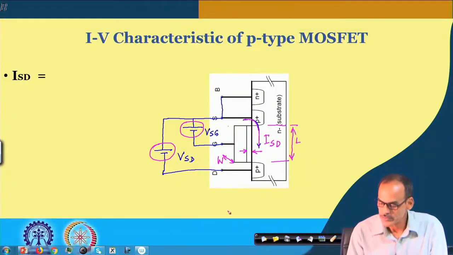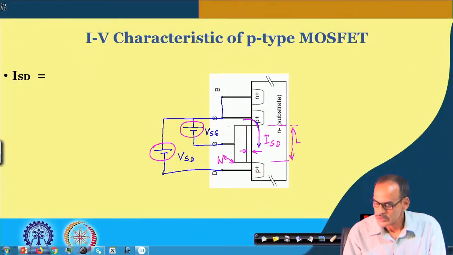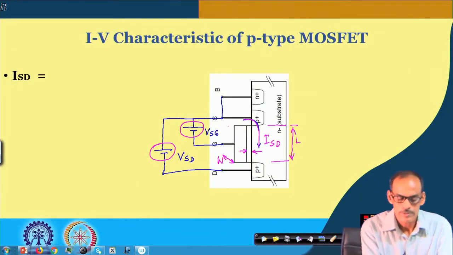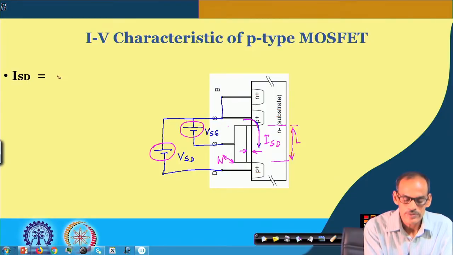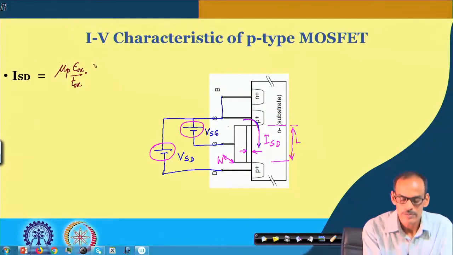You may recall that for the NMOS device it was mu n; in this case it will be mu p times epsilon oxide divided by the thickness of the gate oxide, multiplied by W by L, the aspect ratio of the channel, multiplied by